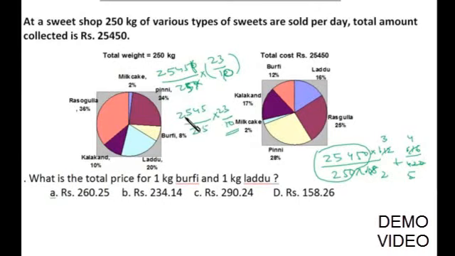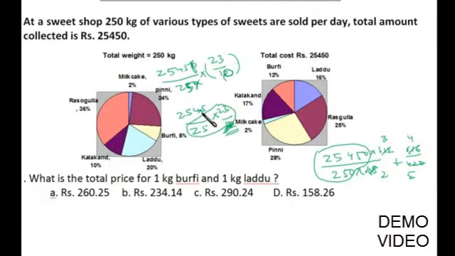Now, if I divide 2545 by 10, what I'll be getting? It is 254.5. Now 254.5 into 23 by 25. Definitely it's a big calculation. Now just observe this. It's 254.5 into a number that is less than 1, right? 23 by 25 will be a fraction less than 1. That means finally your answer will be lesser than 254.5, a bit less than, because its difference is quite small. So a bit less than 254.5.